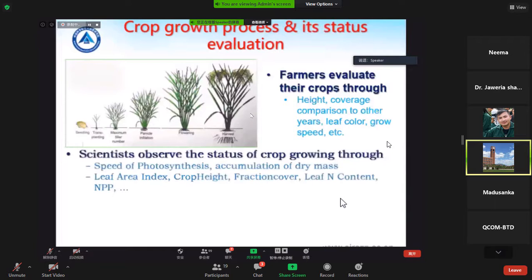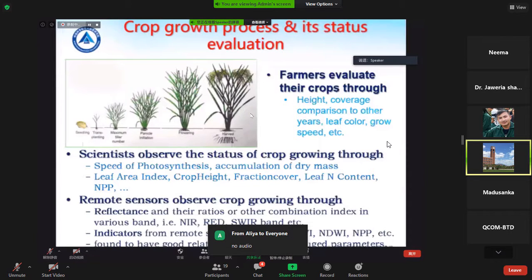But scientists observe the status of crop growing with measuring tools, and they consider more biophysical parameters. And remote sensing can provide these to observe the crop growing parameters,